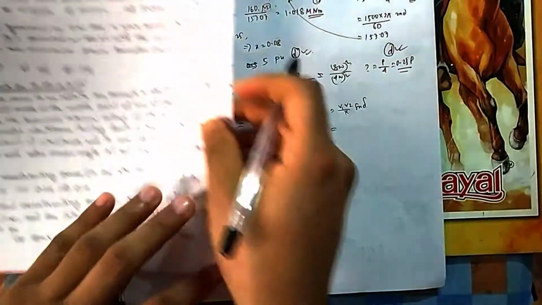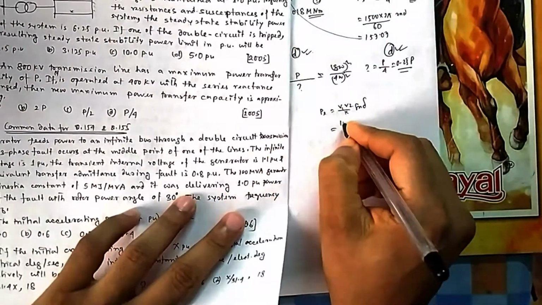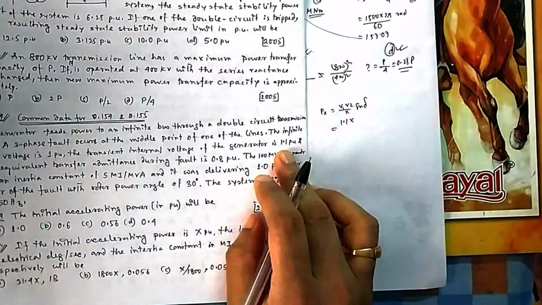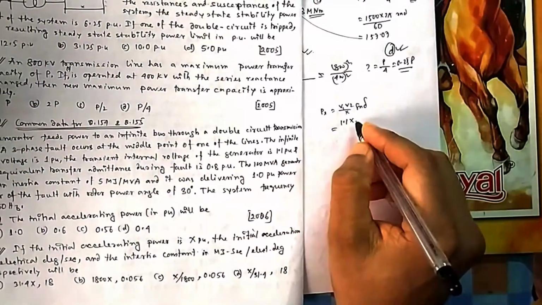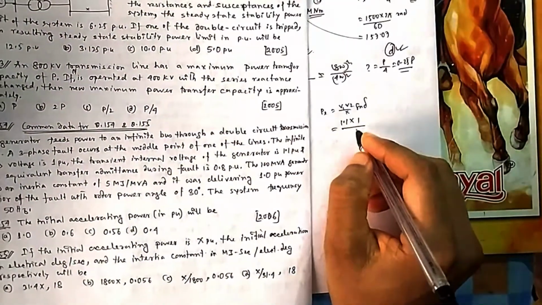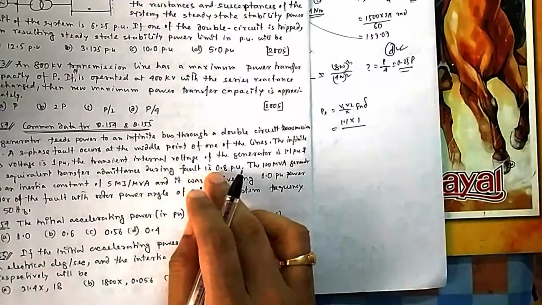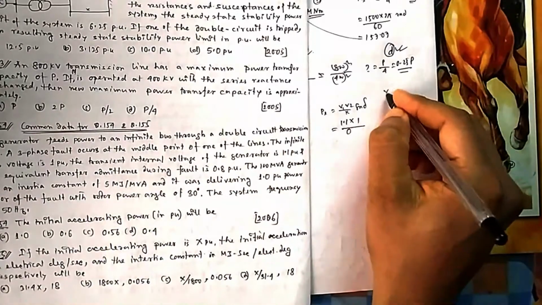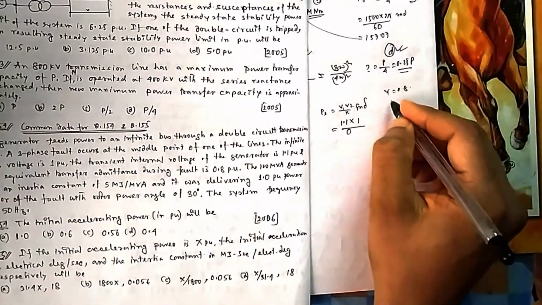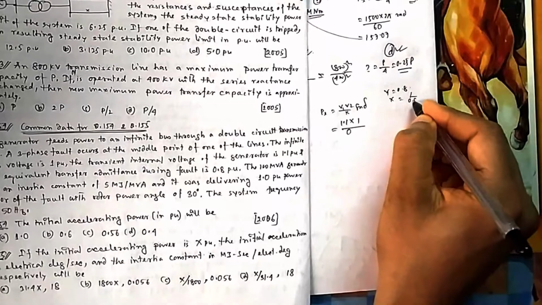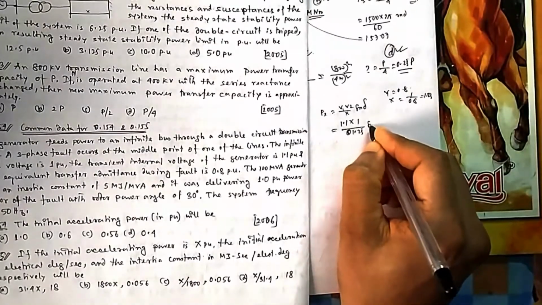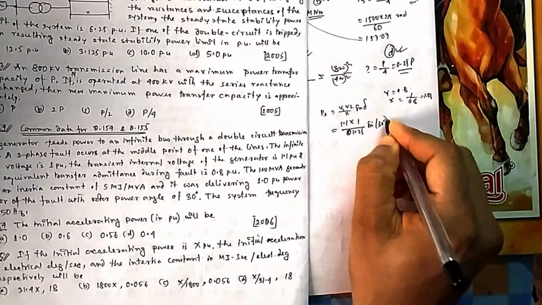So you are operating at 1, due to fault your V1 rises, it is 1.1. They have given the transient internal voltage due to fault at that point, into V2 infinite, that is 1. What is X in between them? 0.8, that is admittance is 0.8. So you have to be careful. Admittance is 0.8, so your reactance will be 1 by 0.8, which will be equal to 1.25. Sine, your initial angle is 30 degree.